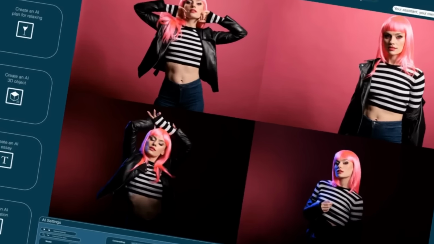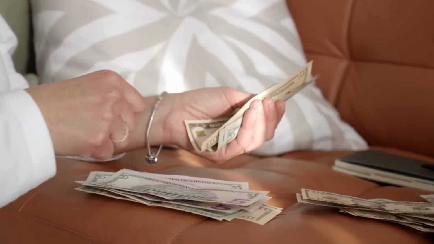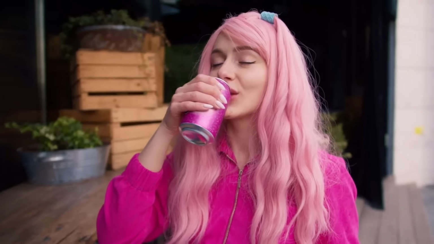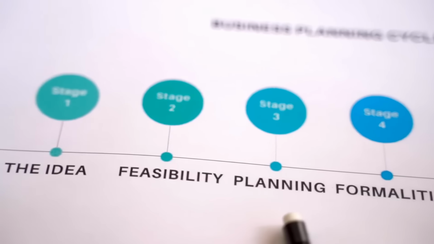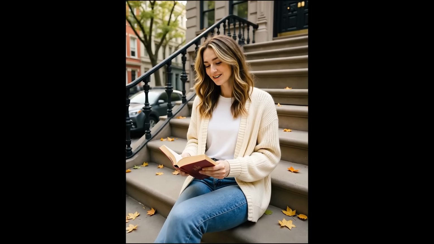A virtual influencer can be one of the best ways to make money nowadays. If you can create a believable and high-quality influencer, then you can make some real money from the very first day. Today, I am going to share the method of creating a consistent influencer that can